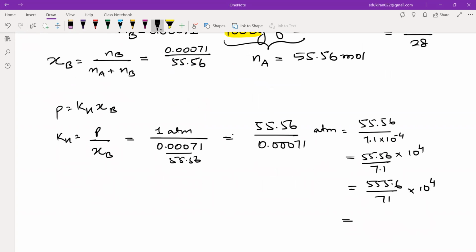Calculate and tell me what is the answer, the last answer. 7.82 into 10 raised to 4. 7.8 आ रहा है आपका, ठीक है, 7.82, करेक्ट है।